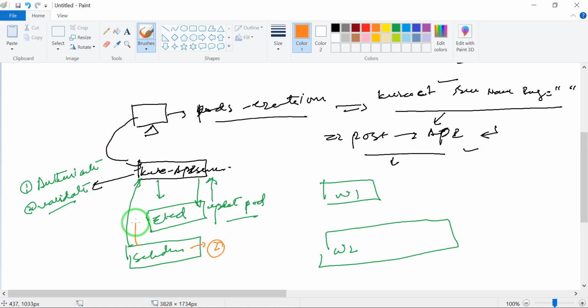It will request the Kube API to create that pod, which you created but which has no node assigned. So the scheduler is responsible for scheduling your pod on a worker node. Then the Kube API will directly contact worker node 2 with the help of one of the services running there, which is the kubelet.